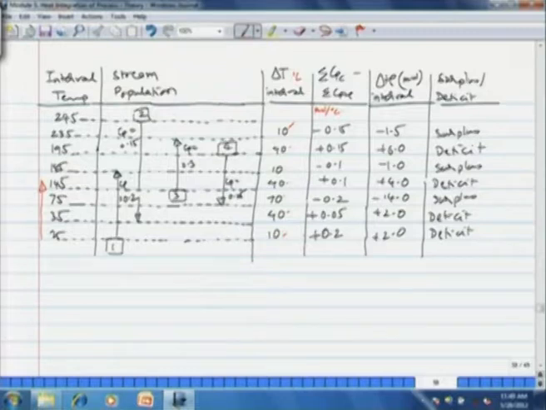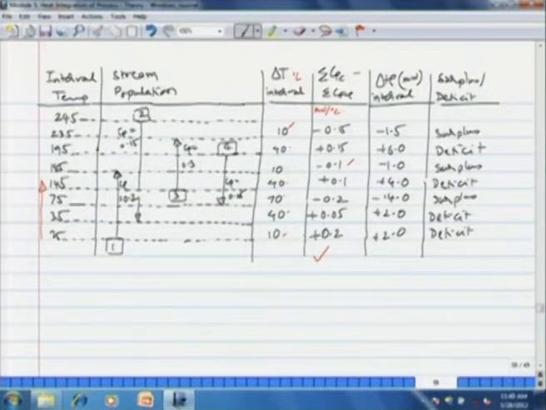The third interval, 185 to 195, we have two hot streams, second and fourth, and one cold stream. So 0.15 plus 0.25, that is 0.4. Sorry, two hot streams, 0.3 minus 0.4, so minus 0.1, and so on and so forth. So we have now listed the summation CPC minus summation CPH values.